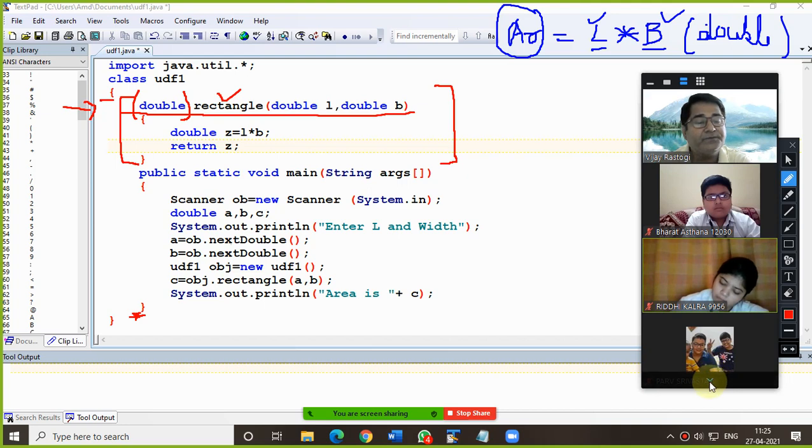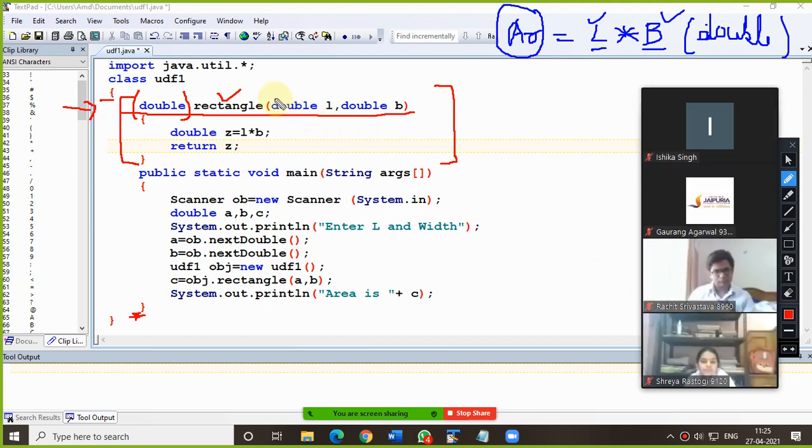Am I clear? That is why two parameters are required in the parameter list. And now the return type, the result. The question was to find the area of a rectangle, so the result must be double if you are using input as double type. That is why I have used the return type double.